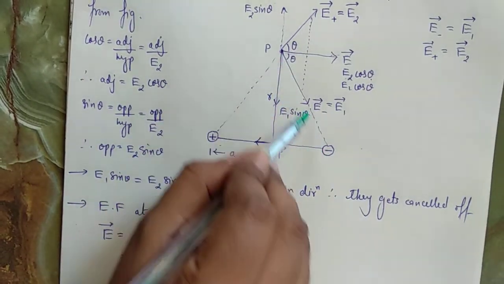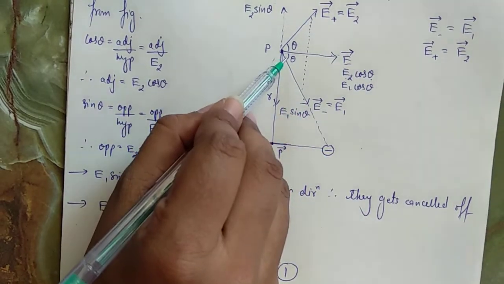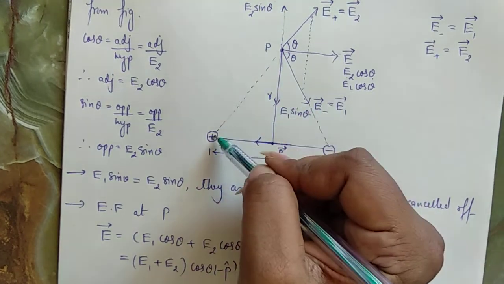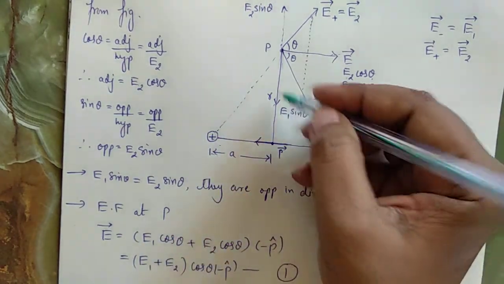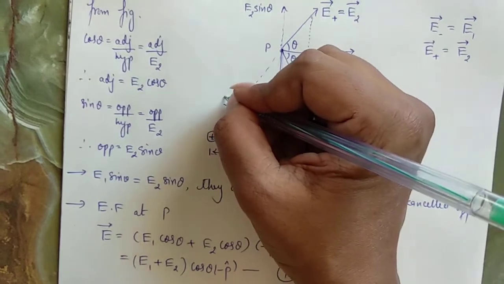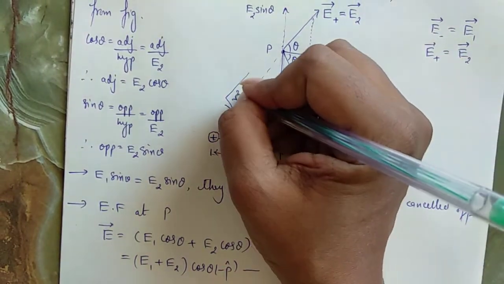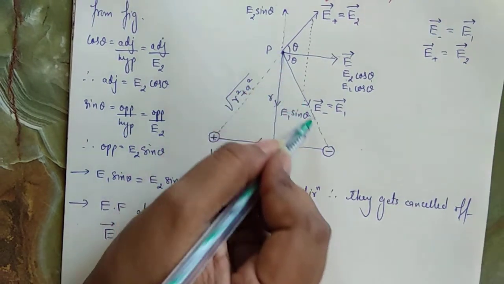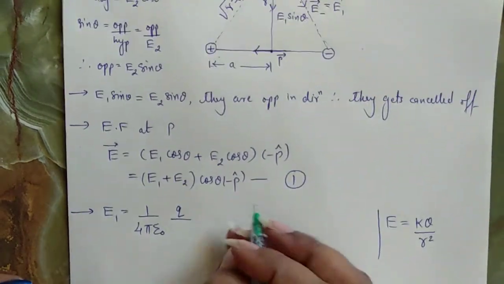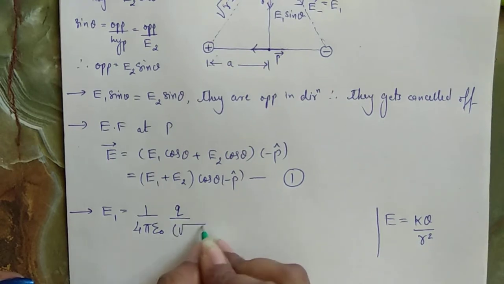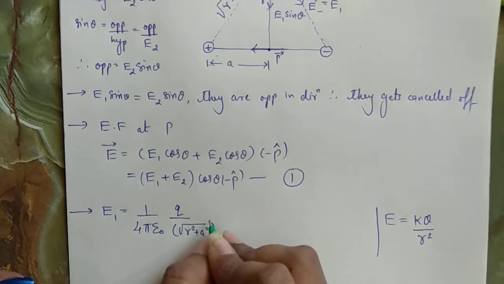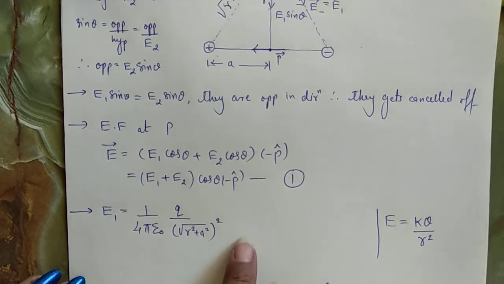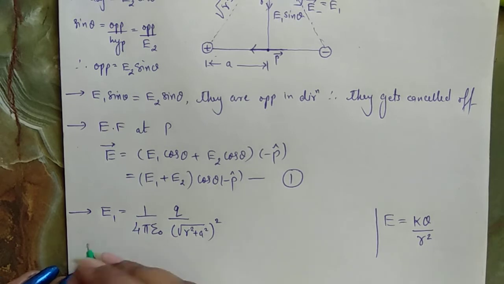This is our source charge. So first we need to calculate this distance. Now if you see from the figure, this distance and this distance are equal. If I write the value of this distance, see, this is A and this is R. So by using Pythagoras theorem, it will be under root of R square plus A square. So this distance is similar. So here I'll write down the value, under root R square plus A square, whole square. It is a magnitude, so I need not write here any unit vector along its direction.